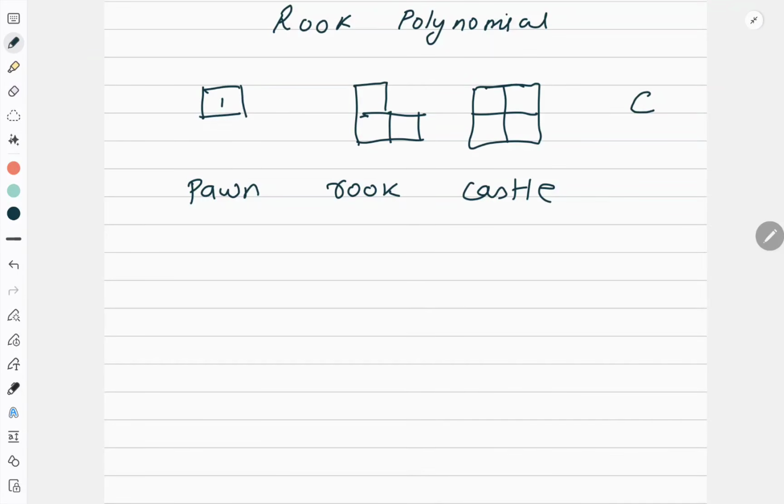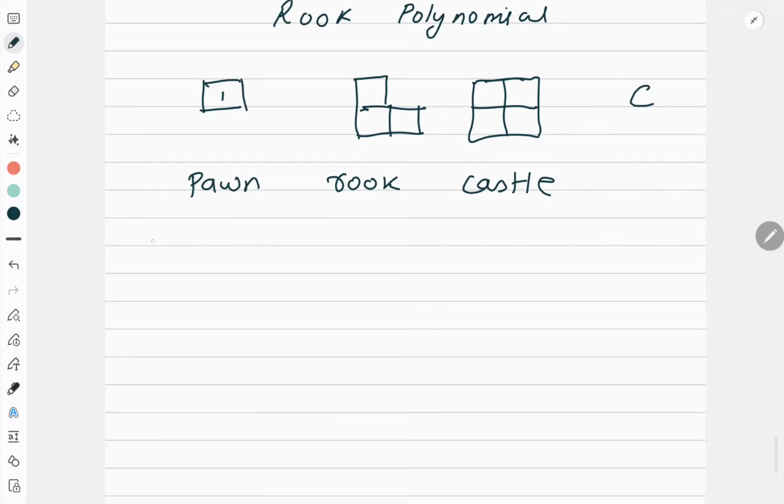Now the other thing which we need to discuss here is the word called capture. Now what is the meaning of capture? If two pawns are coming in the same row, they are called captured. If two pawns are coming in the same column, they are said to be captured. So we have to do the arrangement in such a way that the pawns should not be captured. Right? So that will be our agenda.